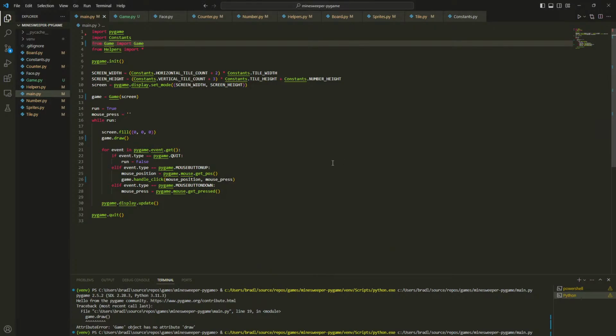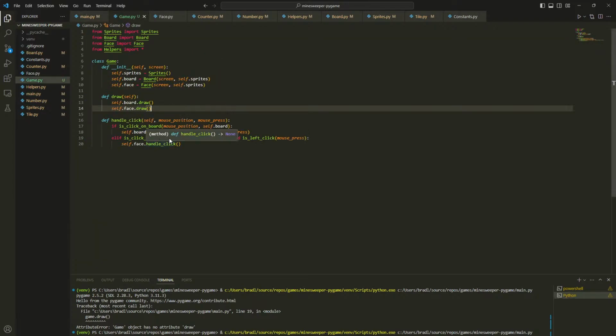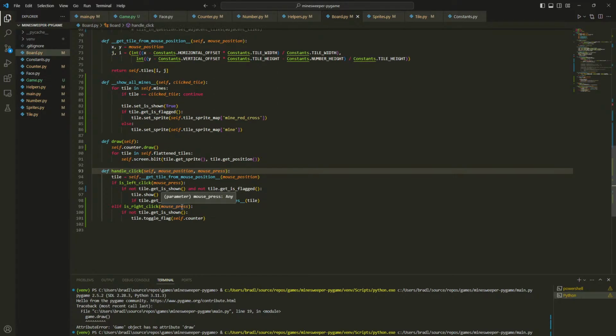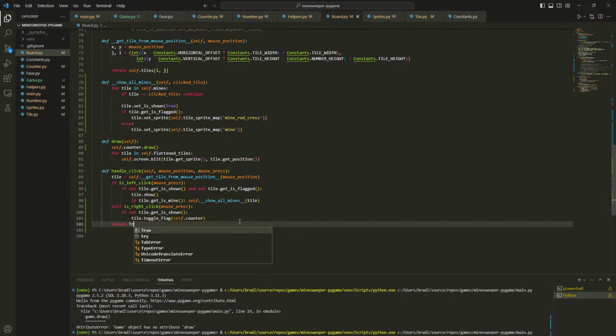Now also, inside the game we need to, and this board handle click method needs to actually get, now handle click needs to actually return true here,